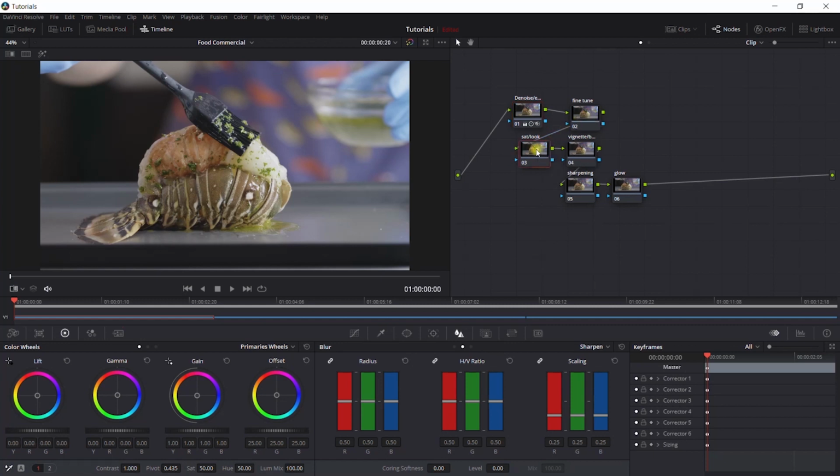So we're going to come to our look, saturation and look. Still in our primary color window, we want to increase the saturation, not too much but sufficient to make the colors pop. So 60-ish. Yeah,